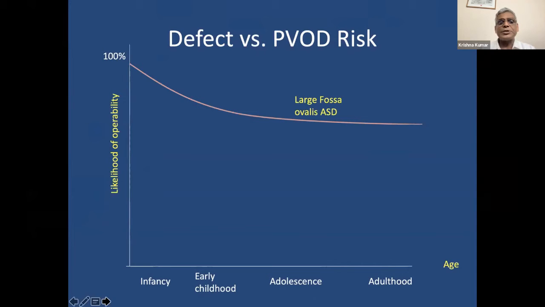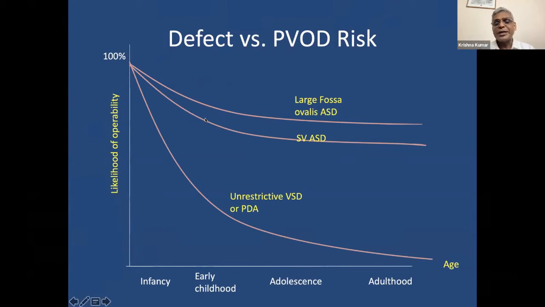Of course, there are exceptions, and ASD tends to do reasonably well, and majority of them are operable even till very late in life. And those who are destined to become inoperable tend to actually do that relatively earlier than one would think, maybe in the second or third decade of life. A sinus venosus ASD is a little worse than an ASD. An unrestricted VSD or a PDA tends to be inoperable a little later than most other serious conditions,